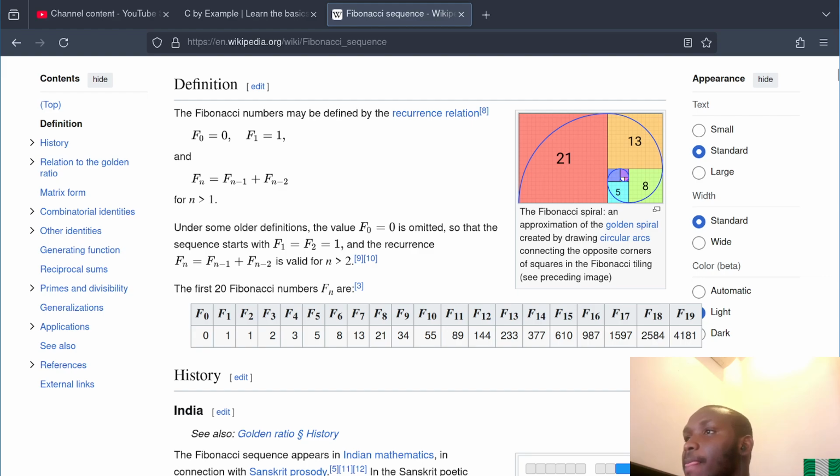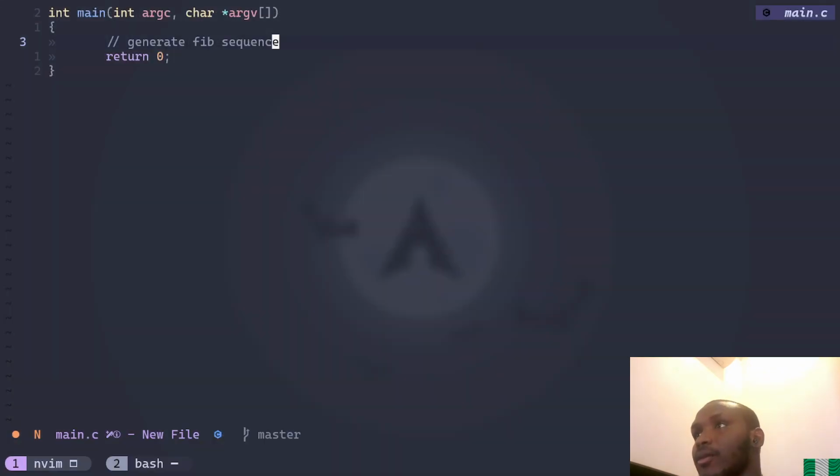Okay, generate Fibonacci sequence. So I'm going to